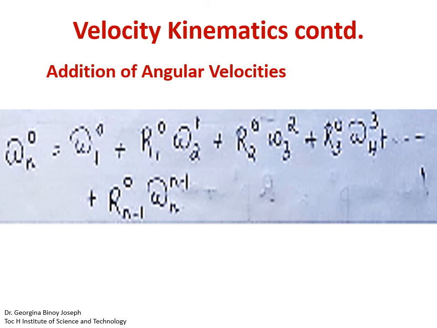So the addition of angular velocities, this result also is proved mathematically, can be written as the angular velocity of the first frame with respect to the 0th frame plus the angular velocity of the second frame with respect to the first frame, but rotated by the rotation matrix R10. Plus the angular velocity of the third frame with respect to the second frame, but again rotated by the rotation matrix R20, and so on till the n minus 1